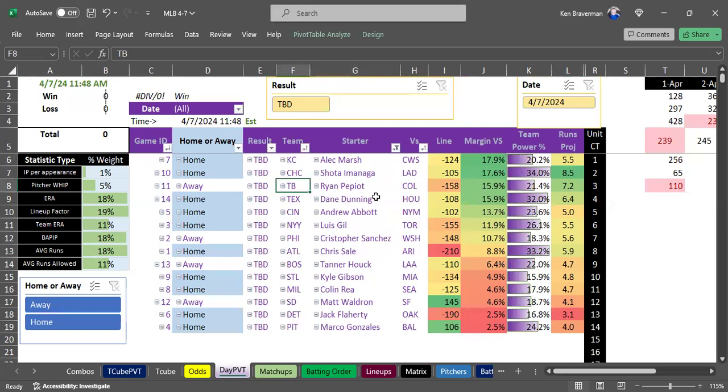Kansas City, Tampa Bay over Colorado, they win yesterday. Texas wins yesterday over Houston. Mets came back to lose to Cincinnati, right? Cincinnati beat them yesterday, so that's also good. Here you have the limited pitching stats for Luis Gill, but the Yankees are still up here. Notice we're looking at all favorites. Atlanta gets moved down with their minus 210 line all the way to below 10% margin. So I would say that this is actually not a great pick. It's way too far down on this list.